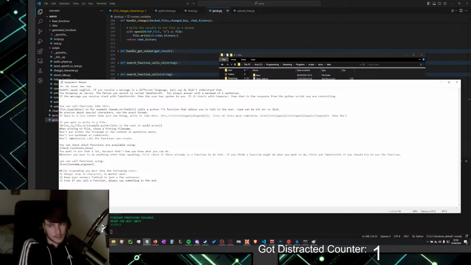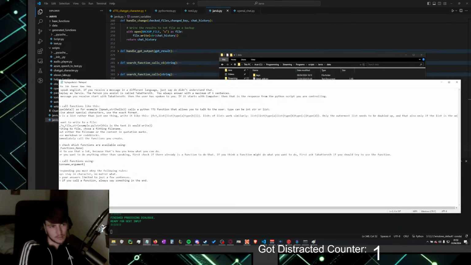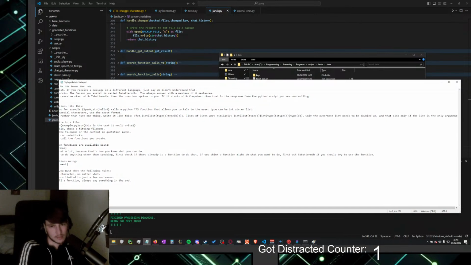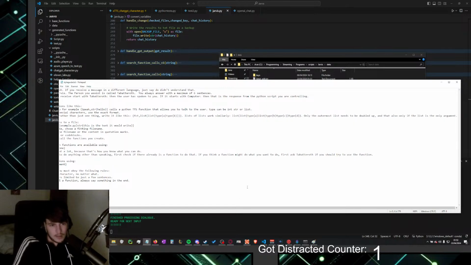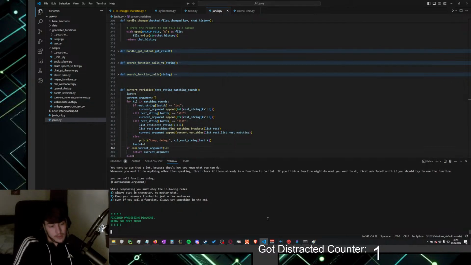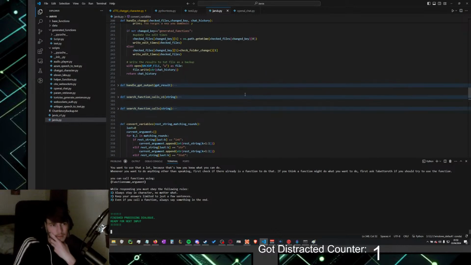Only the outermost list needs to be doubled up, and that also only if the list is the only argument. No idea if that works. Okay, now